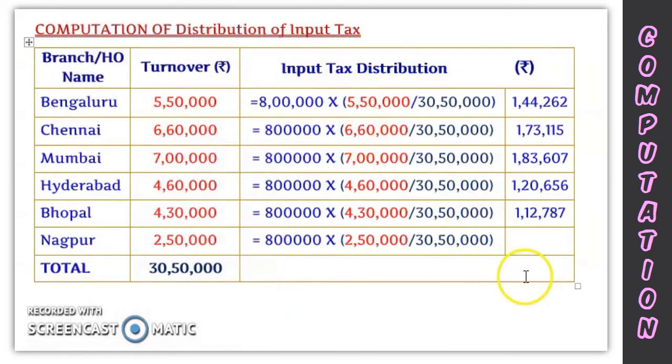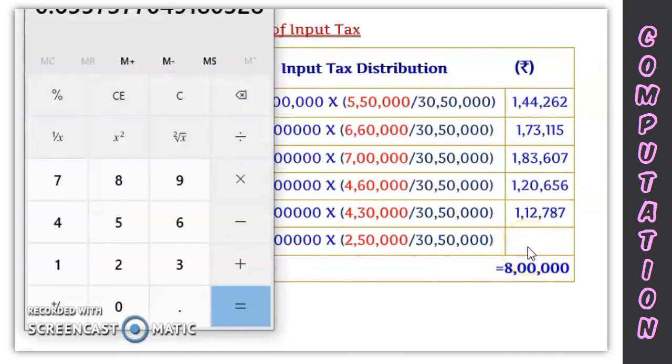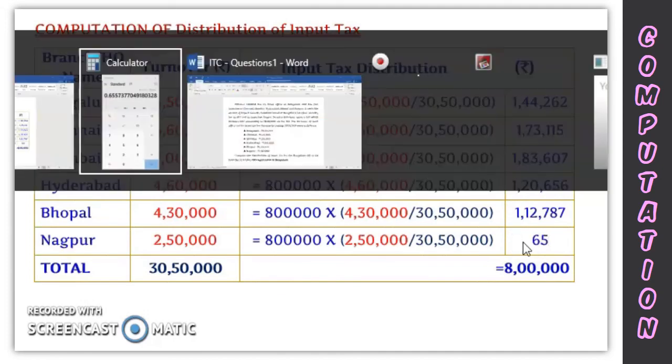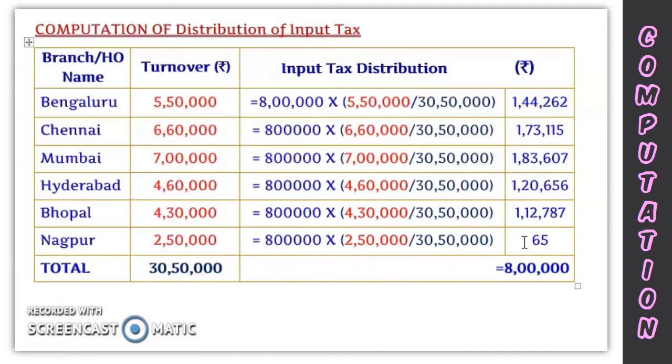But what we have to do here, the total should come to 8 lakh, because the input tax credit amount and the distributed amount should be the same, right? So what I'll do here is, I'll add these values and then deduct from 8 lakh. Whatever the difference, I'll charge it to Nagpur. There may be some fractional difference in the value, so we'll see. 573 I'll take. This is the value we have got as per our calculation. So we have to check whether the total comes up to the same. If not, we have to write the net figure, the difference, here.